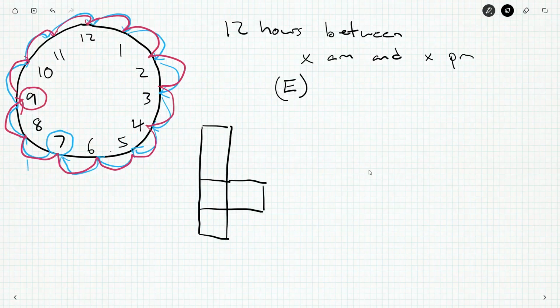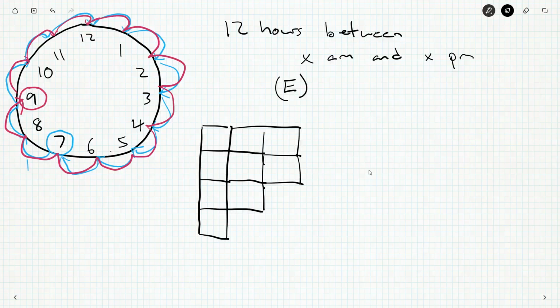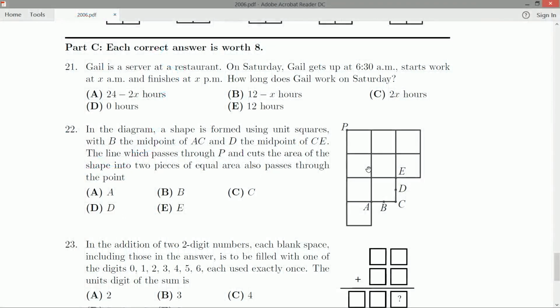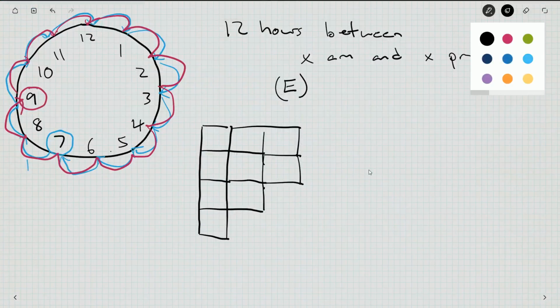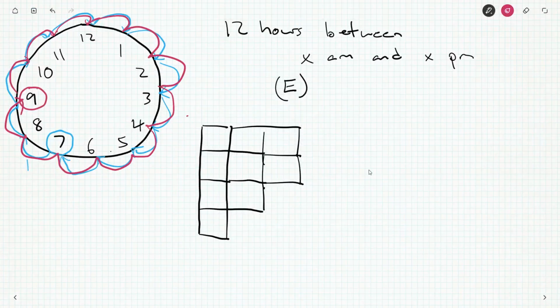And then I think there was another layer. Was there another square there? Let's check. Yeah. Okay. So now let's get our P. There he is, P. And we'll get A, B down here,